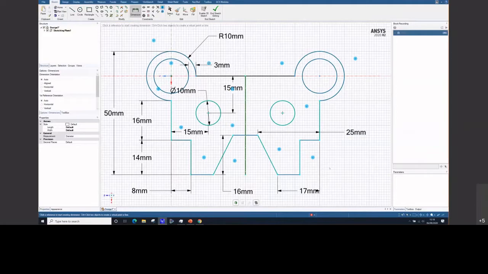Once you're happy with your sketch and you've got all your constraints that you want in the model, you can constrain or leave parts as constrained as much as you want. It's totally up to you how you do this. But once you're happy with the sketch, you can hit the end sketch editing tool, or you can go into a pull mode like you would normally. Once you click this,